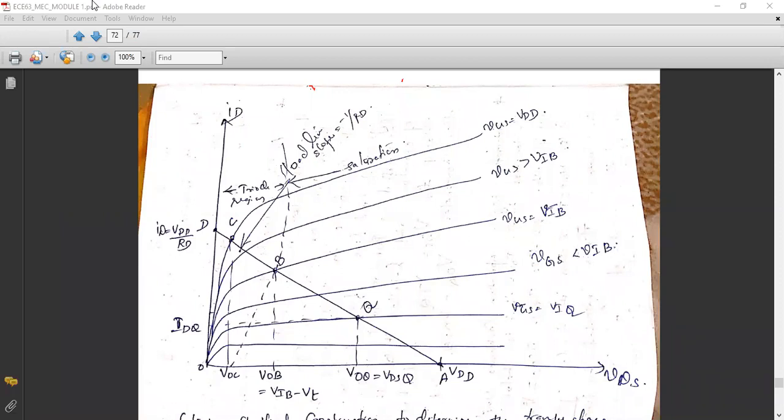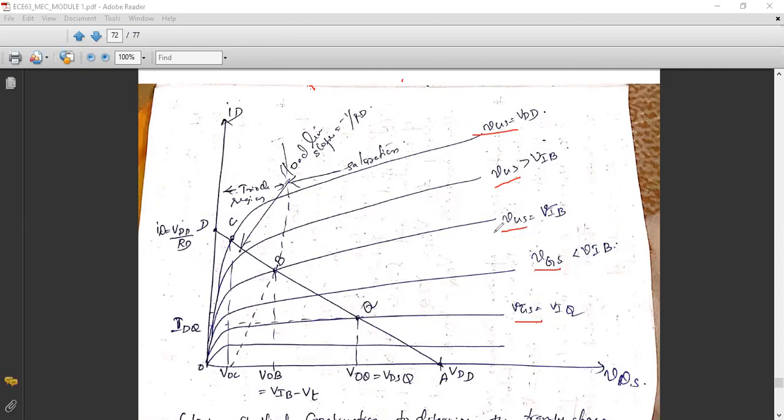And here we are having multiple curves in this graph. I have plotted 1, 2, 3, 4, 5, 6 graphs, where each graph corresponds to different values of VGS. So I'm keeping VGS as constant. VGS is nothing but your VI, right? So I'm keeping VGS as a constant, and for each value of VGS, I'm trying to plot the curve. So we are having 5 to 6 distinct graphs for each value of VGS. How we are setting this VGS, I will explain later.